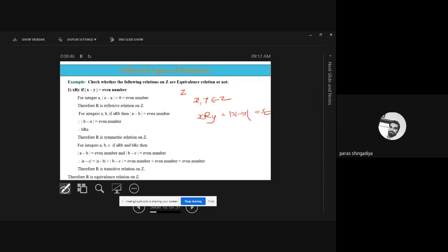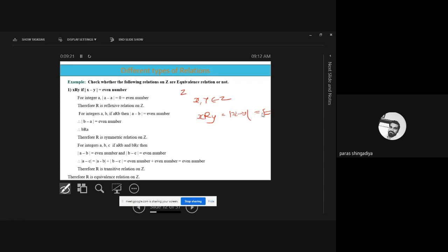Okay, we already discussed that separately for reflexive, symmetric, and transitive. But now we combine them to check whether it is an equivalence relation or not. So x minus y is equal to an even number. This is your relation. So consider any two numbers from this Z. The difference of x minus y should be an even number. Which type of pair will be in the relation? 4, 2, 2, 4, okay? 5, 3, 3, 5, 5, 9. Clear? This type of pair will be included in this relation, whose difference is an even number. Okay? So we can include all these pairs.